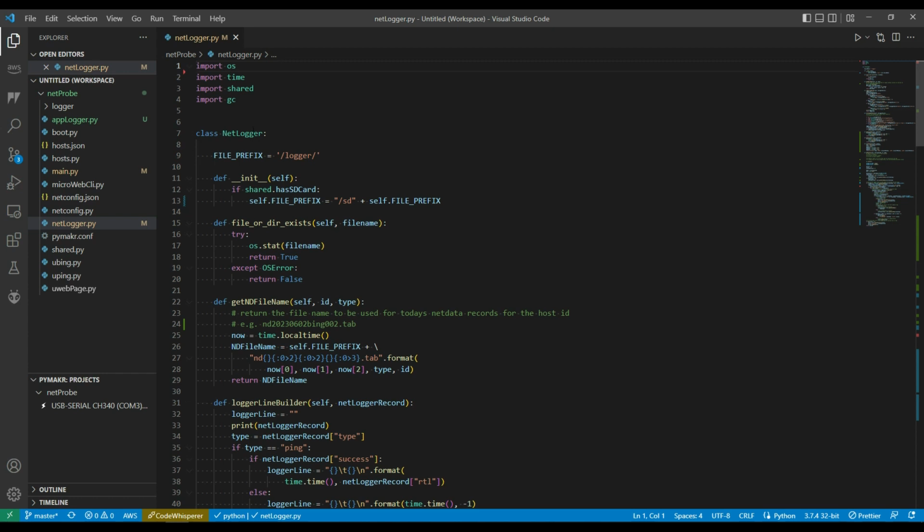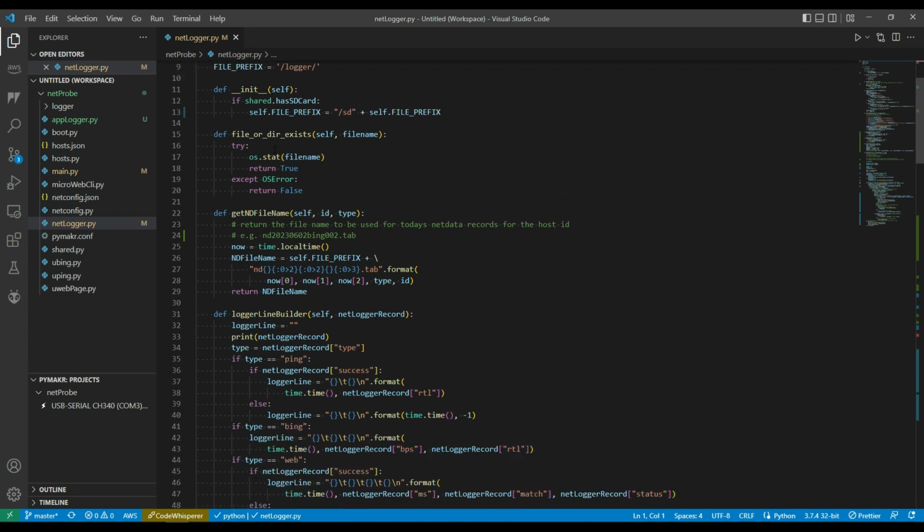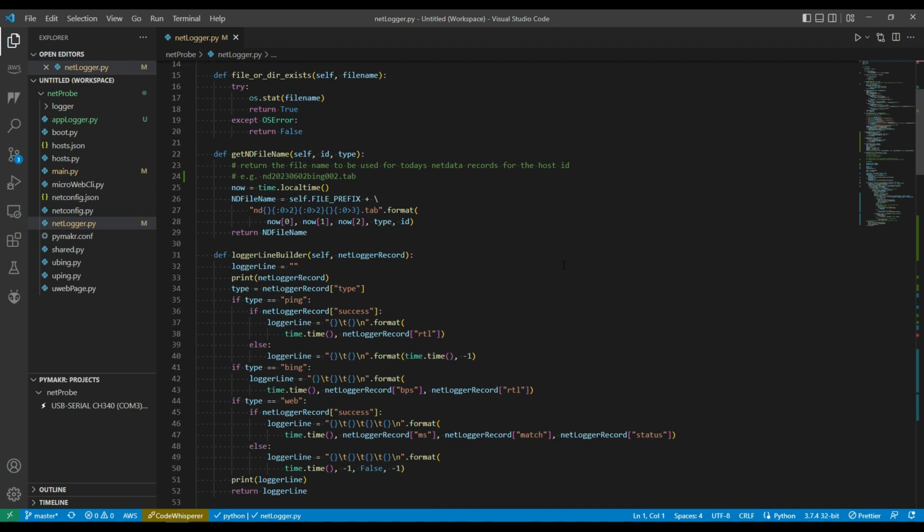So the way I set this NetLogger up, it's a class again. It has a file name of a logger by default if it finds there's the SD card, and we looked at that in the last video. If it has an SD card, then it prefixes the file name by /SD, so I'll go to the SD card. We have the file exists. Now, the first thing is to get the file name for this particular data we want to save to a